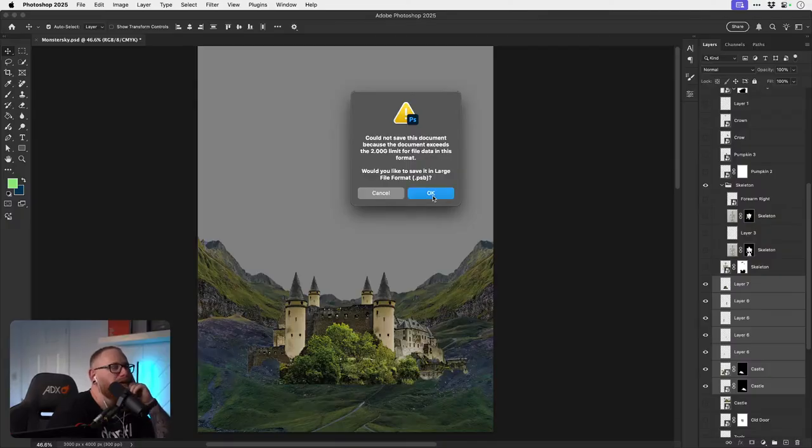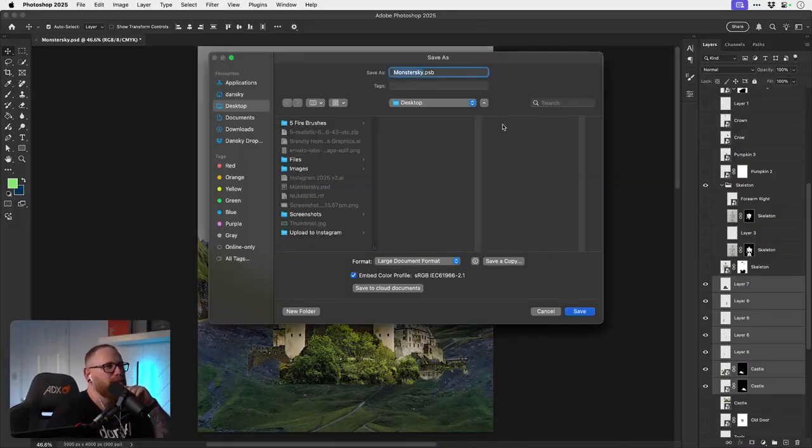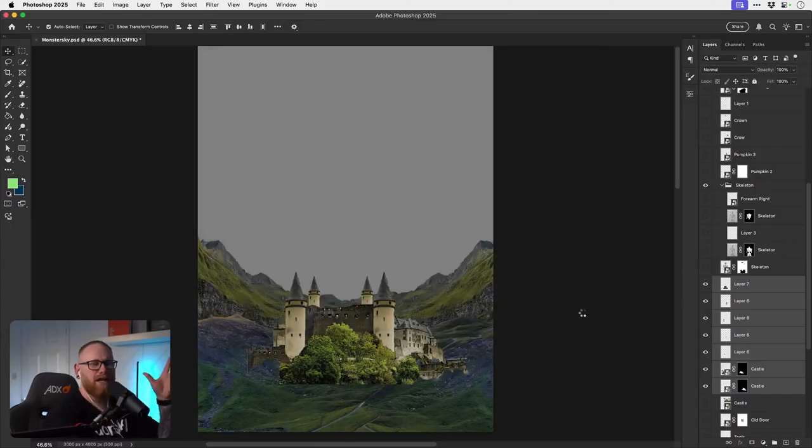Ooh, okay, big file. Oh, okay, PSB it is. It's like a larger file format.